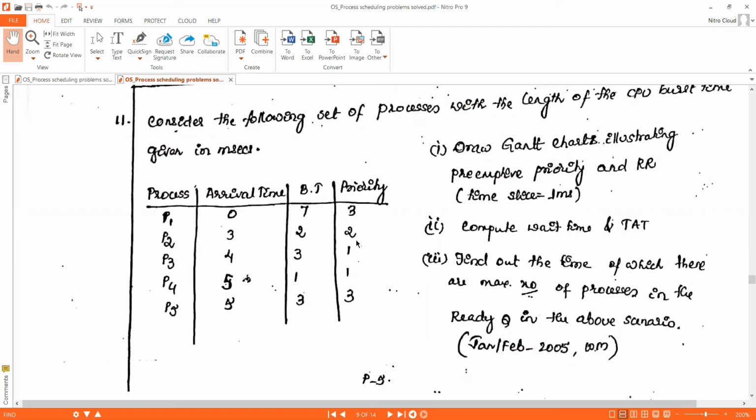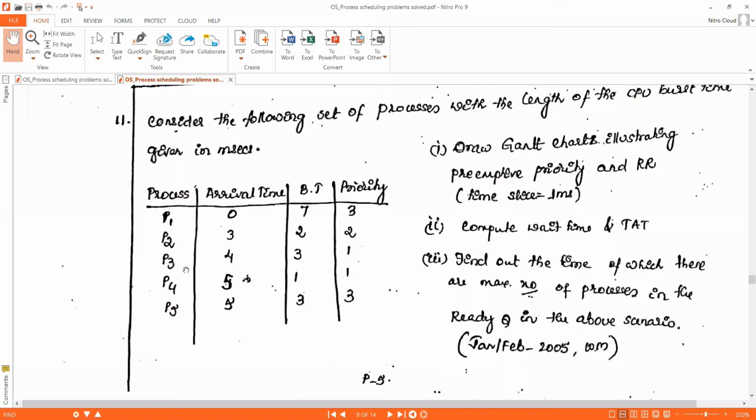Okay, if two priorities are the same, which one do we need to consider to break this tie? So we need to consider first come first serve scheduling. Process 3 came first to the ready queue, so process 3 only will be executed by the CPU. It won't be preempted because process 4 came to the ready queue. Both process 3 and process 4 have equal priorities.